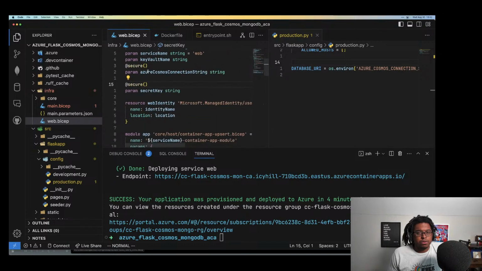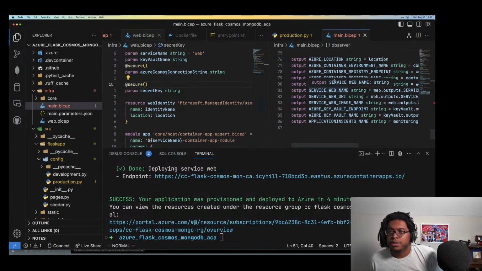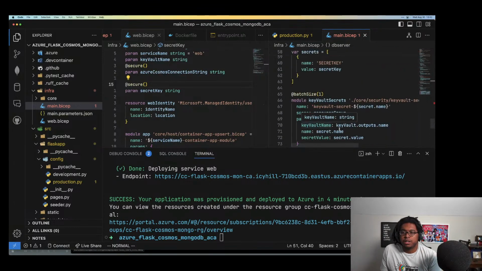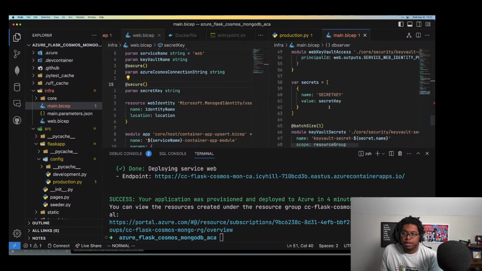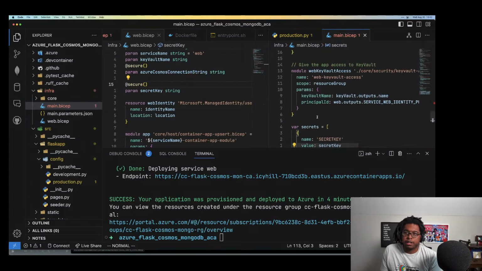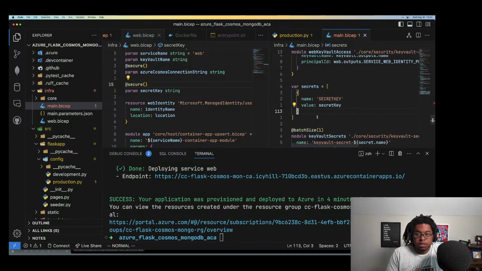Now inside of main.bicep, I feel like we're calling it name, secret dot name, key vault outputs name. Okay, that's fine. Yeah, again, you have secret key here. That's that secret. That's web key vault access. So then I feel like that secret key